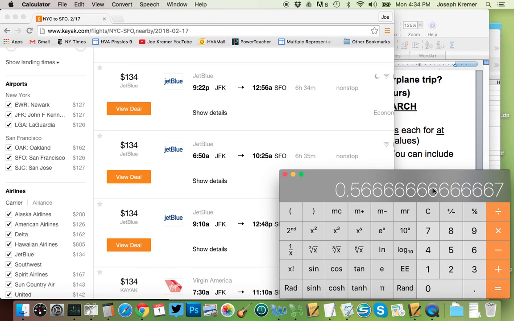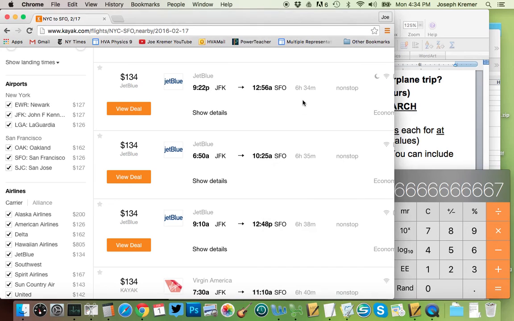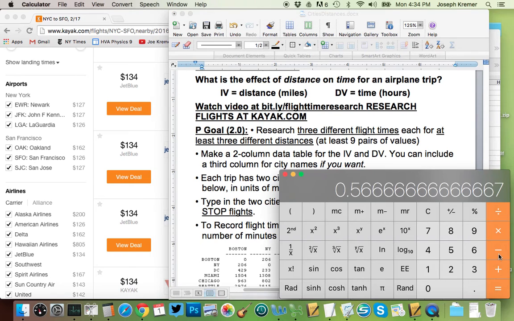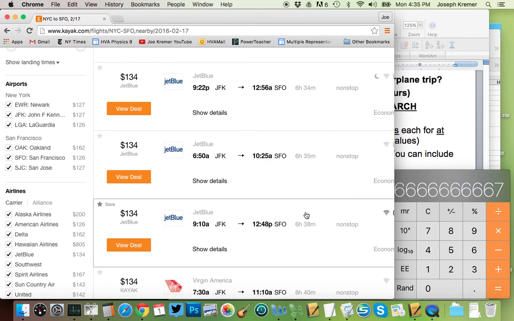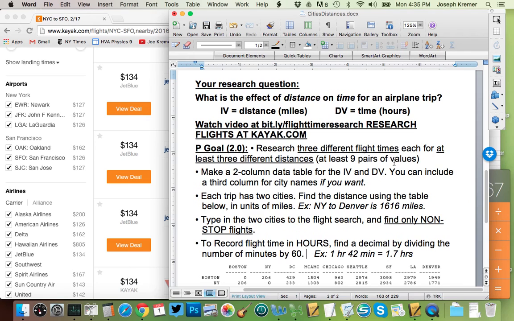equals 0.56667. So I would choose a reasonable number of decimal places here, probably to the hundredths place, to say, okay, I'm choosing 0.57 hours. That would make this total trip length 6.57 hours. So I'm taking this number that I calculated and I'm adding 6 to it so that my total trip time is 6.57 hours. That would be one value for my dependent variable, and I could do that again with these other values in order to enter them. And then I want to collect a bunch of data and ultimately make a graph and